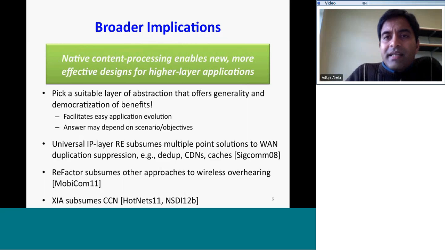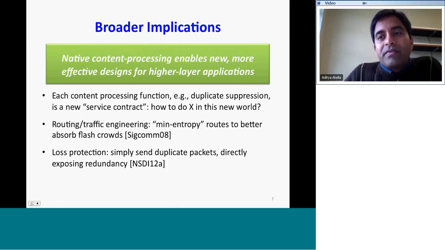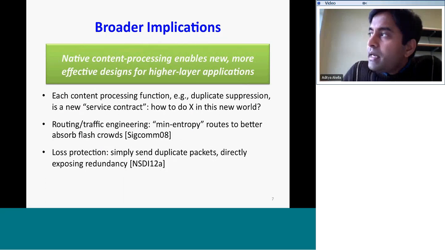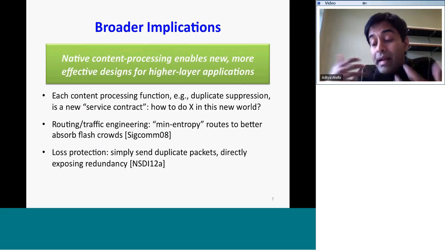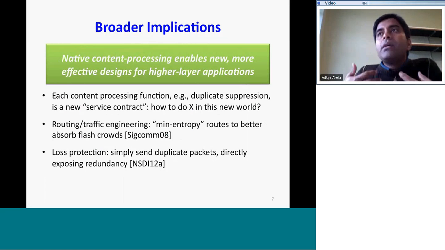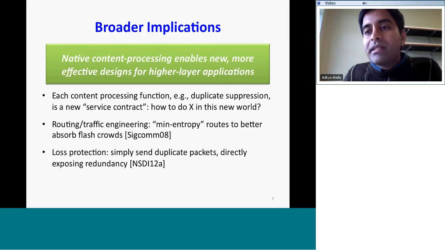And the last strand of research, and this is one more boring piece of detail that I will quickly cover before getting into the meat of the talk, is what can you do if you had in-network content processing? And the reason this is interesting is that when you have in-network content-based functions, an example could be suppressing duplicate content. That's a contract that the service provides to higher layer, that the network provides to higher layer applications. Today, the contract the network provides is best effort delivery. Think of the future network with content processing as best effort delivery plus duplicate suppression.